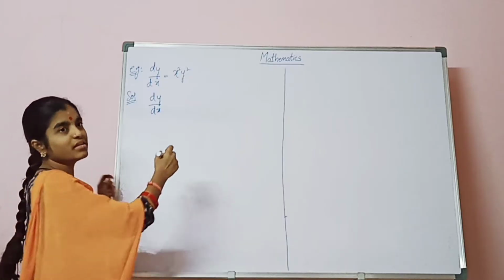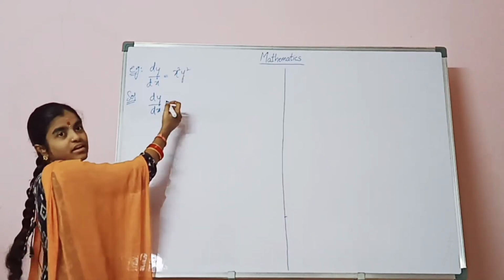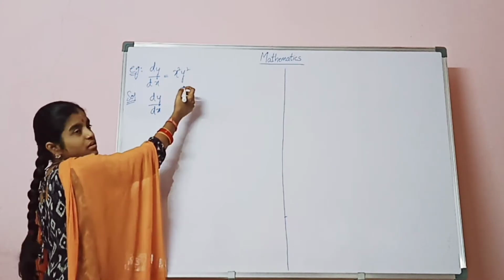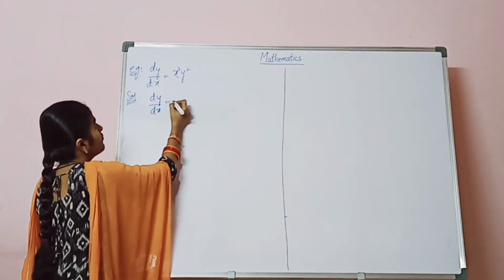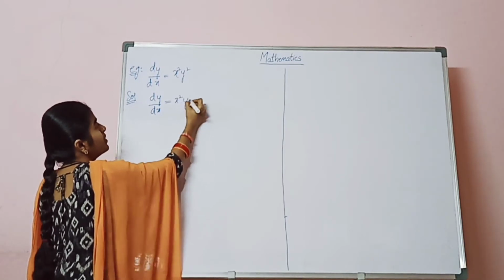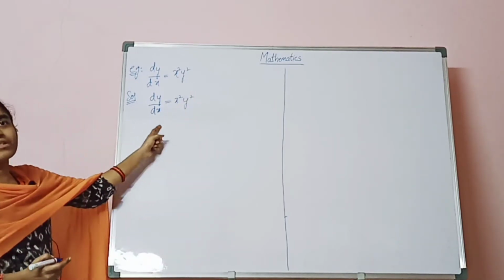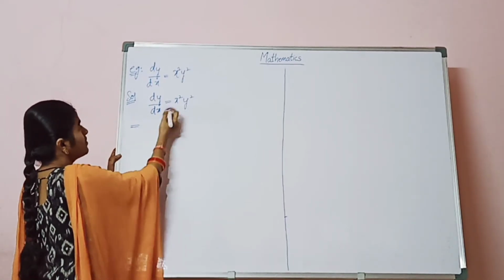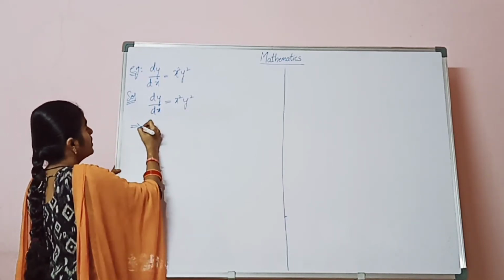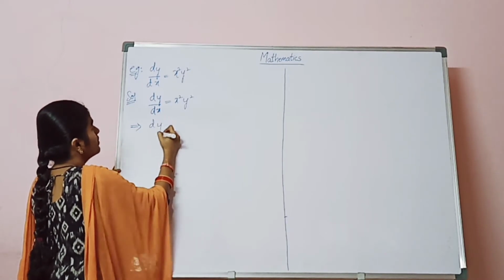Now let us solve the example. What is given here? dy by dx equals x square into y square. First, in step 1, we have to separate the variables. How should we separate here? dy by dx equals x square into y square. That implies dy equals,